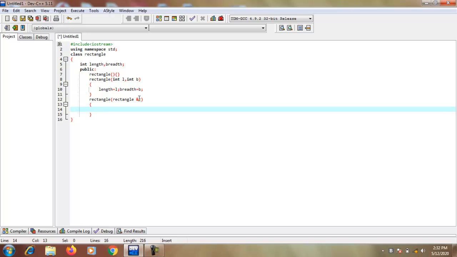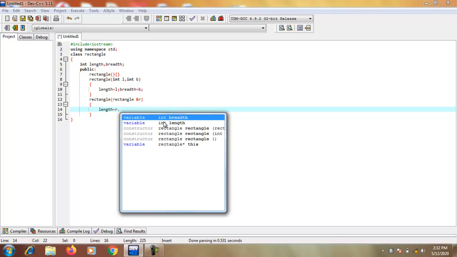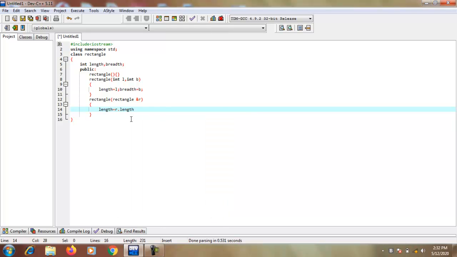So here length assignment operator R1 dot length. That means when I create the first object, the value of the first object's length is copied through the temporary object and stored in the second object that is created by the copy constructor.